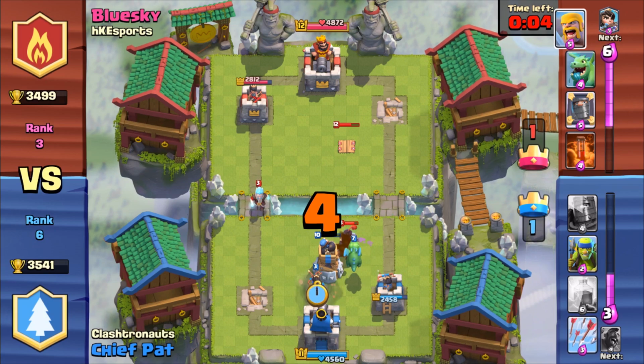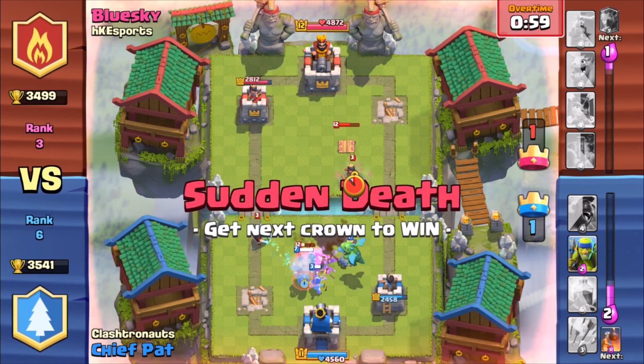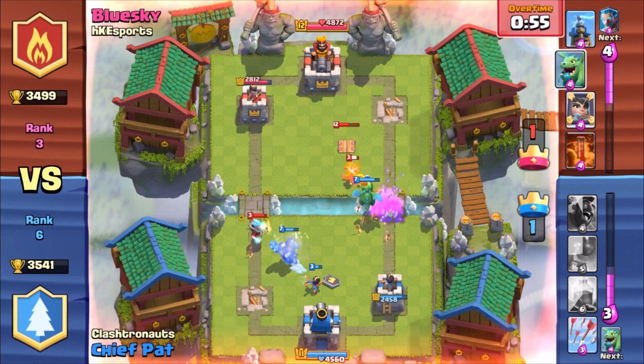Now, as he drops his Dark Prince right there, going to be able to take care of that pretty easily. Looks like he has some barbarians going down as well. My own Dark Prince should protect my princess, and now that we have a decent amount of elixir on the field with our dragon as well as our Dark Prince,